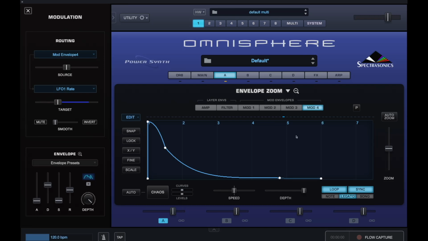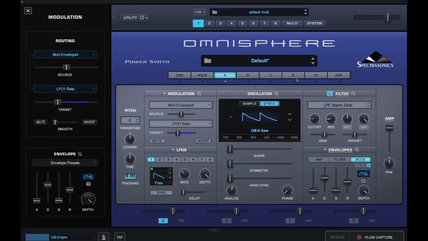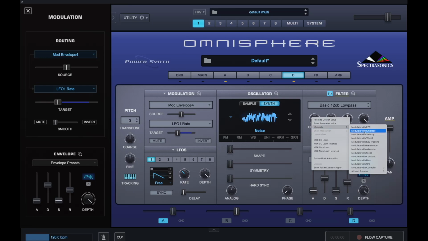Now, what we're going to do is add some little extra texture to this by bringing in a noise oscillator. And that's all I've chosen. The only reason I've chosen layer D is because it comes in on an initialized patch. It comes preset as a noise generator. So what I'm going to do here is pull this down to around about 11.8, and I'm going to modulate